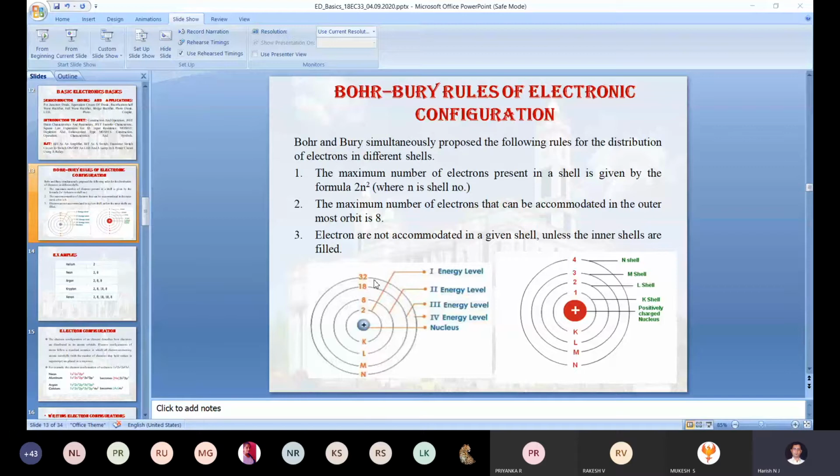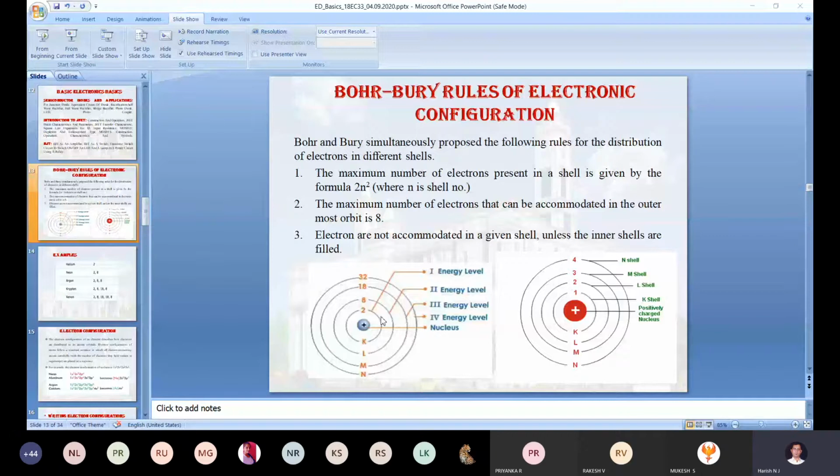Compared to the first orbit, the fourth orbit is loosely bound. If you put a little additional energy into the fourth orbit, that valency electron easily comes out of the valency shell. Hence, out of these four energy levels, the first orbit has less energy and is strongly bound, while the valence shell electrons are very high in energy and loosely bound compared to the first orbit.